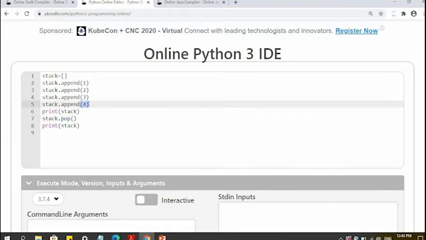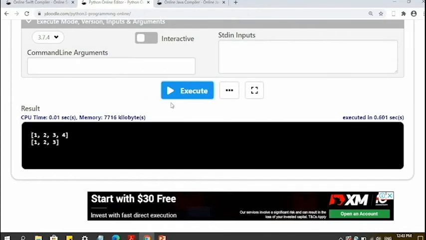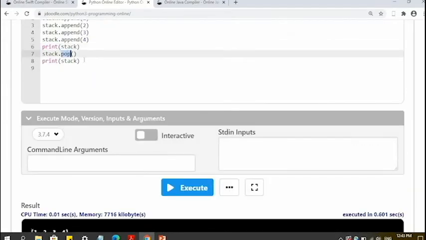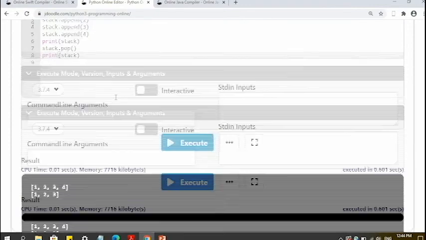It will pop the fourth item and then print. You see 1, 2, 3, 4 was added, and then the last item was popped because of LIFO, last in first out. The last item was the 4 and it was popped first.